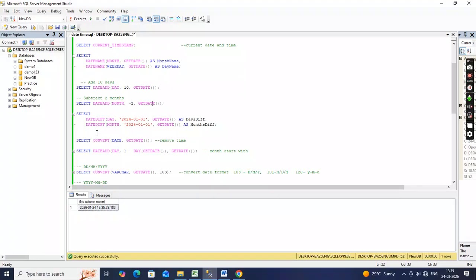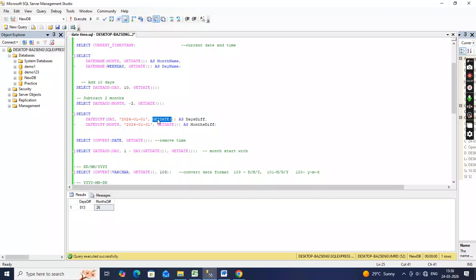Okay, the next one is datediff. Basically, we are calculating the days, months as well as years. Simply here we provide the two runtime parameters, day difference and month difference, from our current date. So let's execute. Simply we apply the date difference. Firstly we calculate the days, and secondly we calculate the months. Let's discuss the input parameter provided, or we can say the input value is 1st January 2024, and the current date is 24th March of